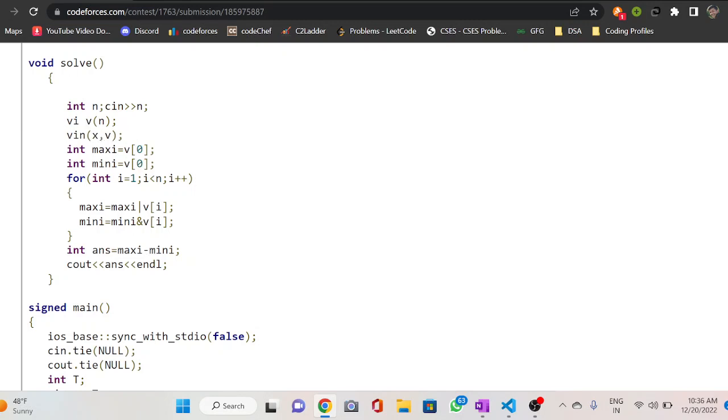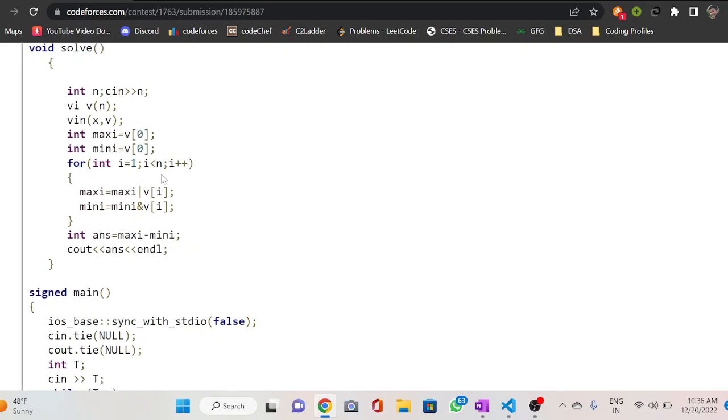Now I create a maxi and mini variable, and initially we store the first element of the vector in both of them. Now I run a loop from 1 to n, and in maxi we take OR with all the other elements, by simply taking maxi OR v[i], and in mini I am storing the AND operation of every element of the array.